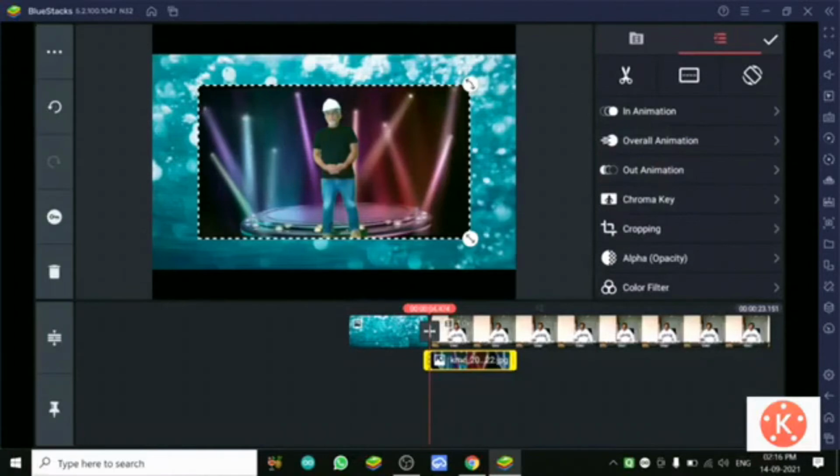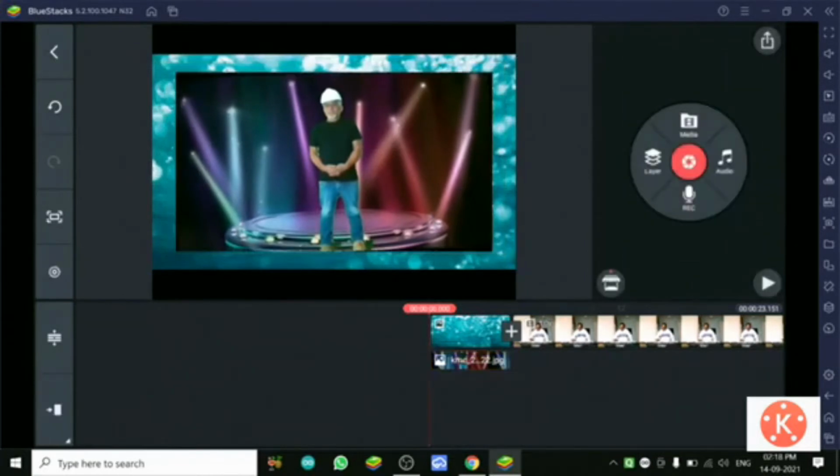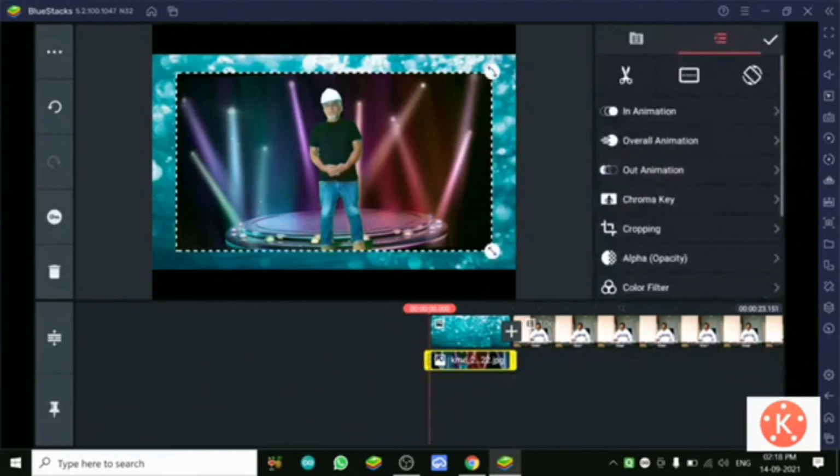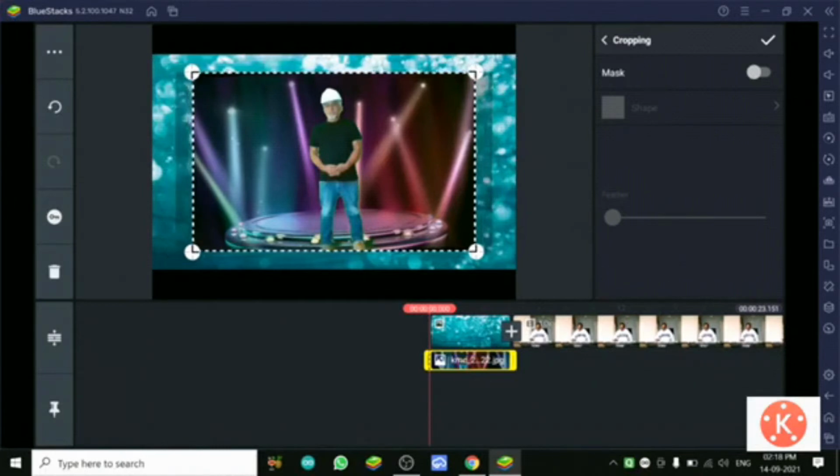I am going to tell you how to make the rotation of this video, which I bring in as a layer. So now I have selected it. We can trim it, we can crop it, we can make rotation of it, and then how to start the rotation, at which angle at the start and at the end. So now I am preparing it, cropping it.